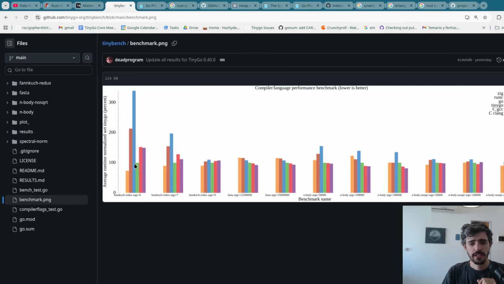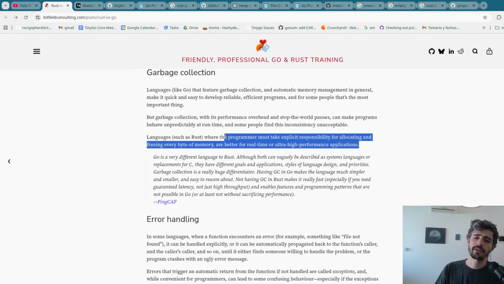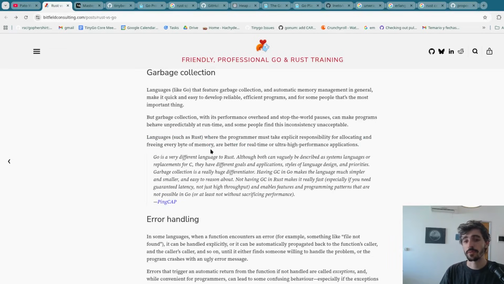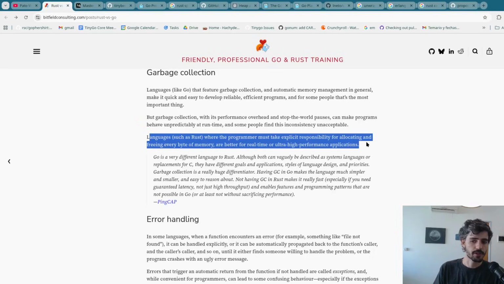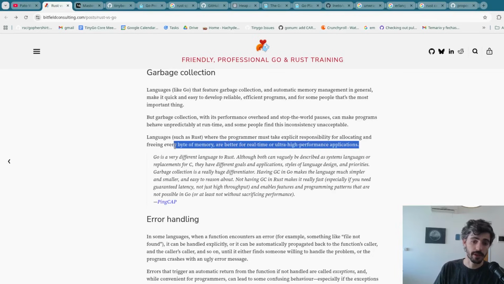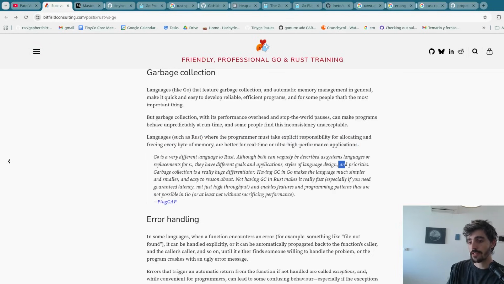My friend, what we see here is Go outperforming Rust everywhere, all across the board, when the garbage collector is not involved. So if you know how to program Go without the garbage collector, and it's pretty much this, I feel like it's much less effort than trying to program in Rust, but it might not be the case for everyone. So if you can find the way or learn the way, because I have videos on this matter of using Go without the garbage collector, then Go may be better for real-time and ultra-high performance applications than Rust.